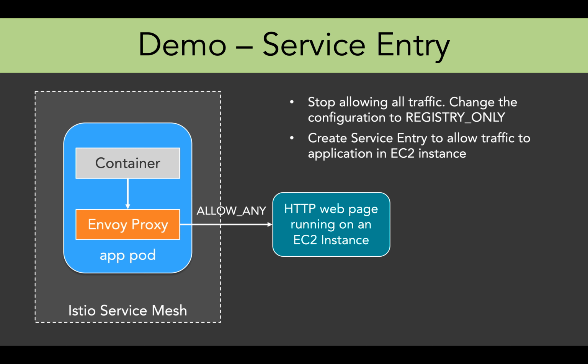So service entries are only used for egress traffic to external applications. Egress traffic means outbound requests. So it works as a firewall rule for outbound requests. If you want to apply firewall rules for inbound requests or ingress traffic, you'll have to use Kubernetes network policy. Now, what about external services? For external services, you can use the ingress gateway, and you can put firewall rules at the ingress gateway level. We cannot use service entries for firewall rules of ingress traffic. It is only for egress traffic or outbound requests.